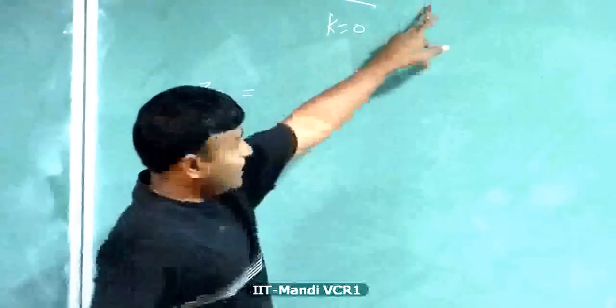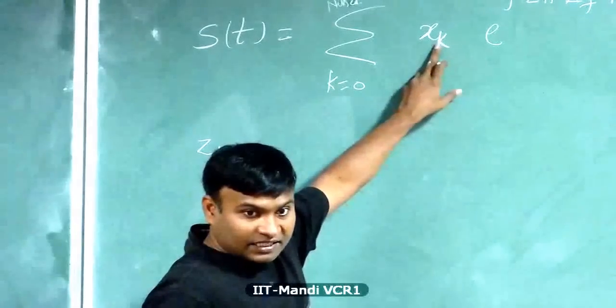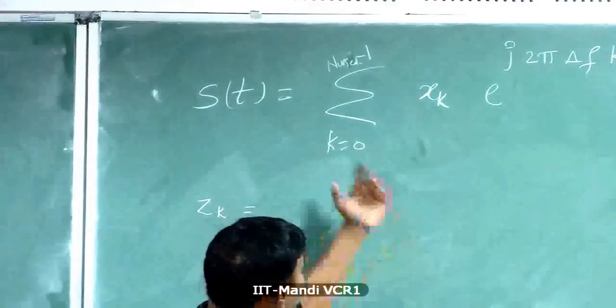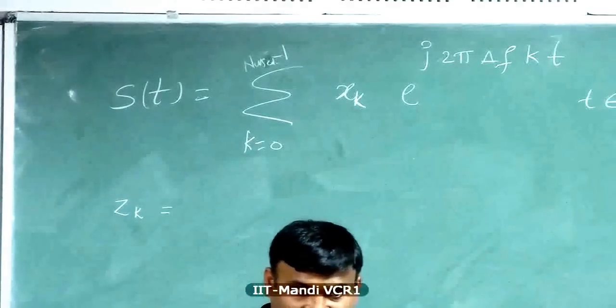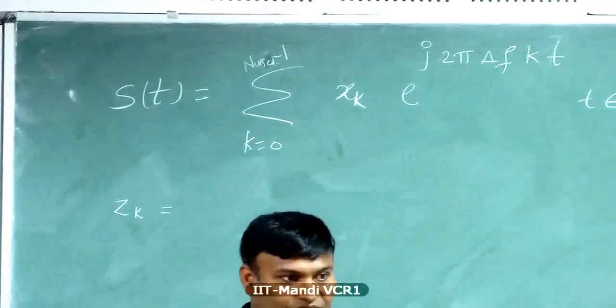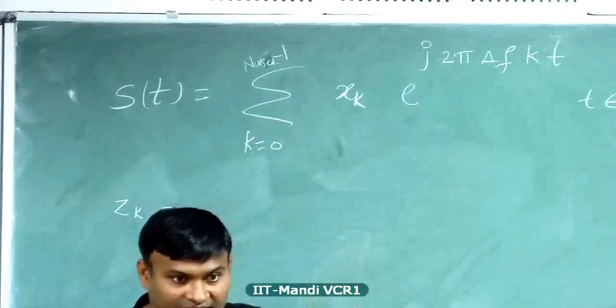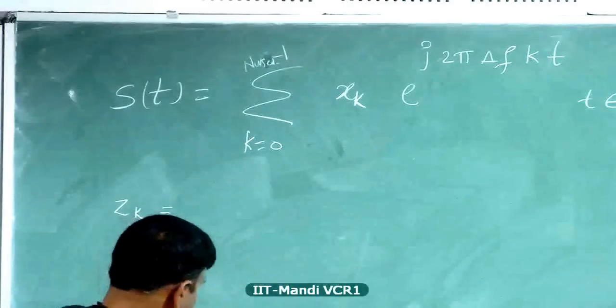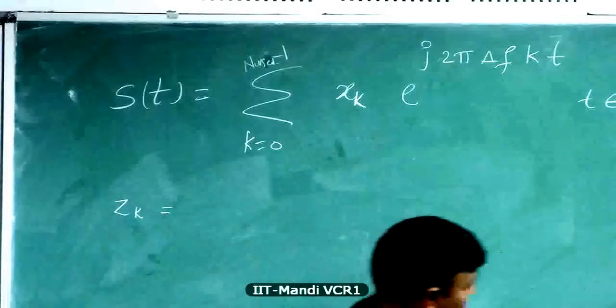Okay, so we want to make a decision variable Z of K. K is generally used to denote the frequency domain index, because you can think of our information as sitting in frequency domain X of K's, and then you get this time domain waveform using an inverse discrete time Fourier transform. So the transmission is in time domain, but the information is carried in frequency domain. Of course, you don't carry anything in frequency domain, but you always send a time domain waveform, but the information is embedded in frequency domain. So therefore, Z of K, K generally denotes the frequency domain index here, whereas I denotes the time domain index.